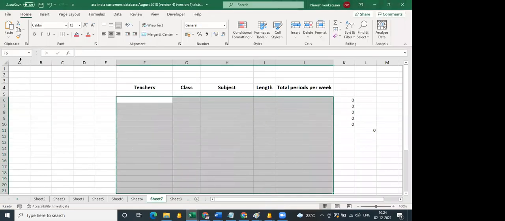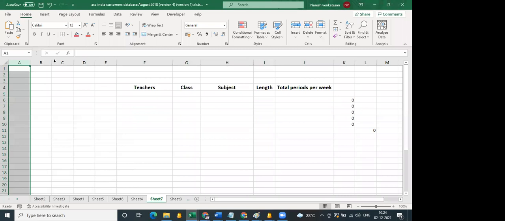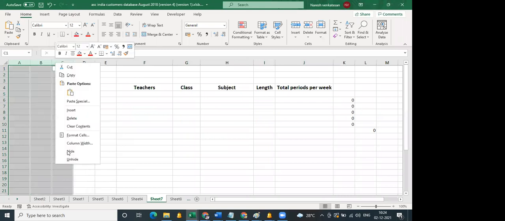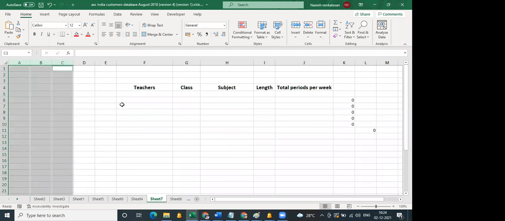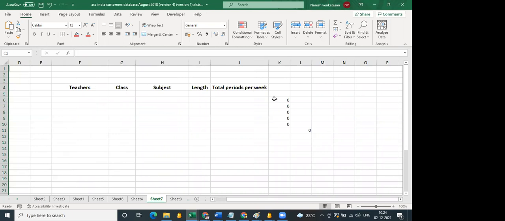So this is the format to be followed: teachers, class, subject, length, and total periods per week. You can do it teacher wise also, or you can fill it in class wise.